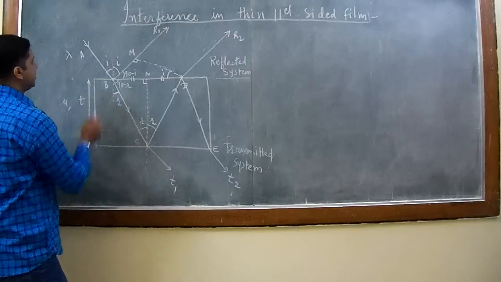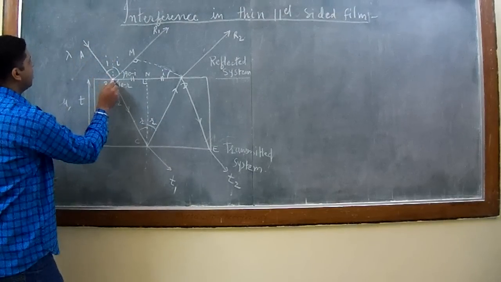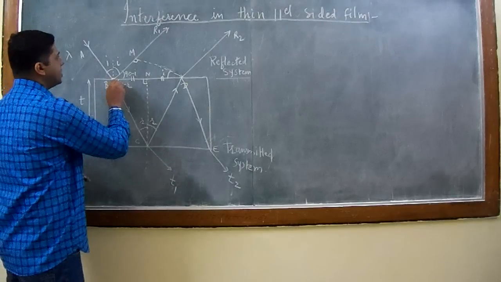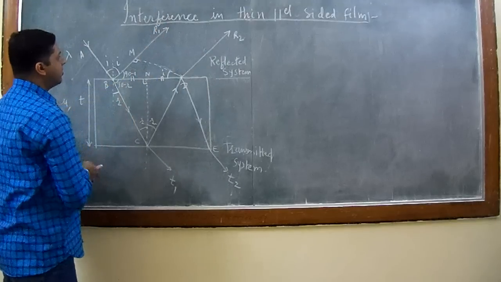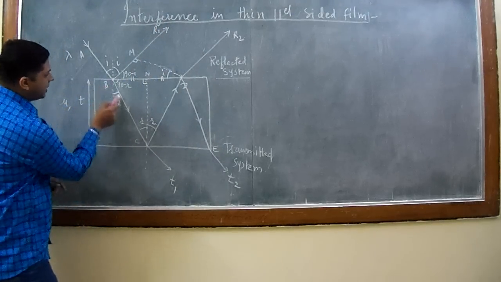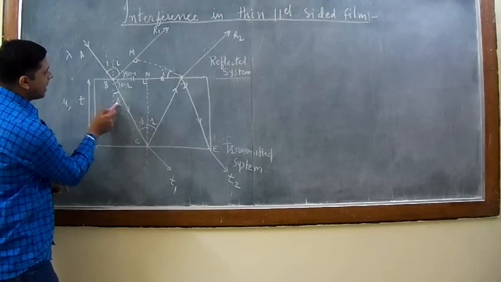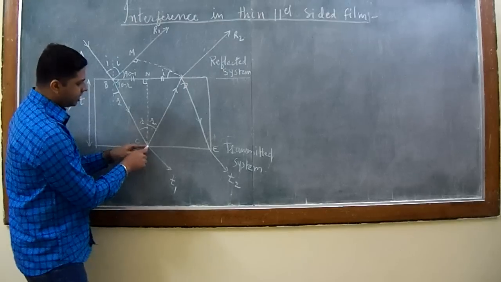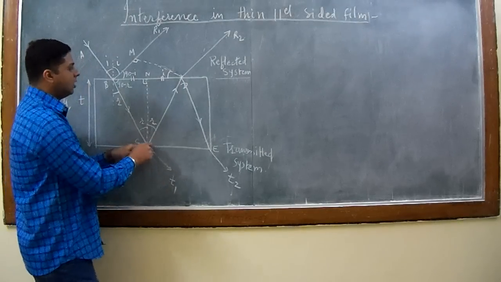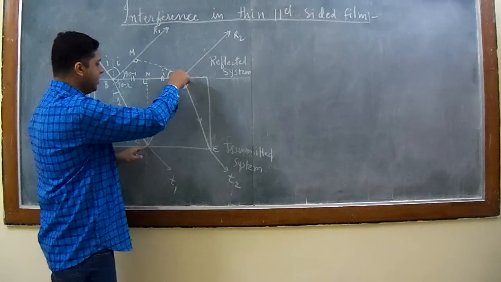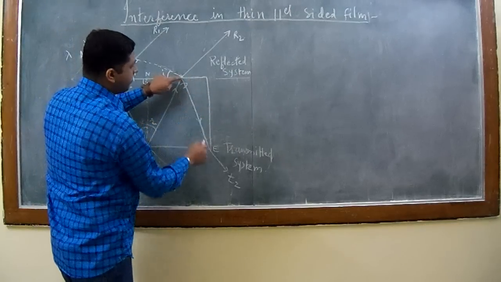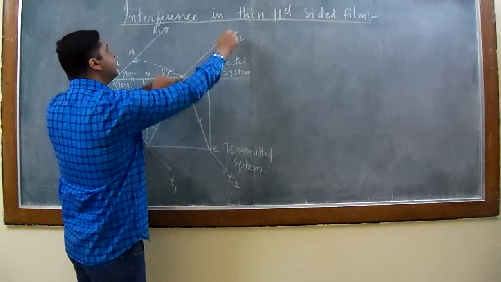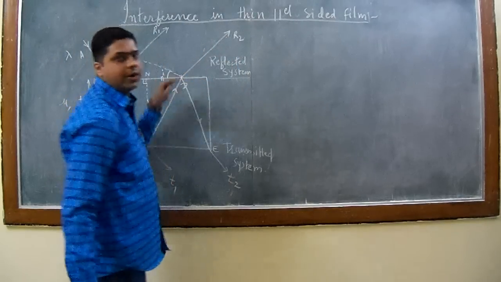Then with this as a normal, let a monochromatic beam of light AB having wavelength lambda be incident with some angle of incidence i. Then on reaching this point B, part of it is reflected and emerges out as ray 1. Part of it is refracted through the film with some angle of refraction r, say along BC. On reaching this point C, part of it is transmitted say along CD1 and part of it is reflected say along CD. On reaching this point D, again part of it is reflected and finally emerges out as ET2 and part of it is transmitted along say DR2.